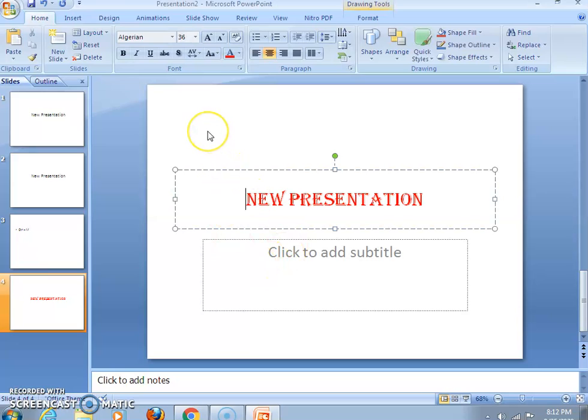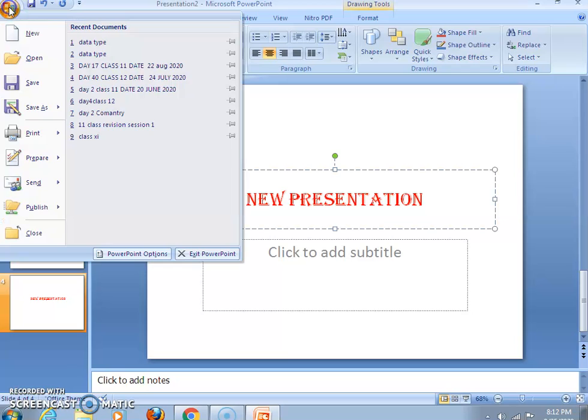Okay, next I'll show you how to create a new presentation with the help of a shortcut key. In the case of creating a presentation, we took help of the MS Office button, clicked on the New option, and then we got the Create option.